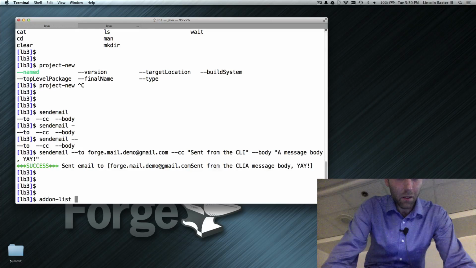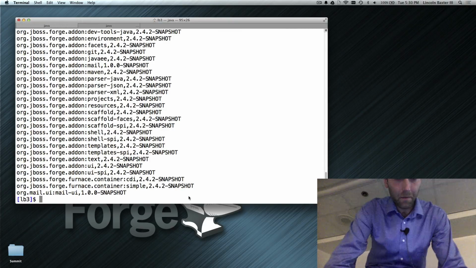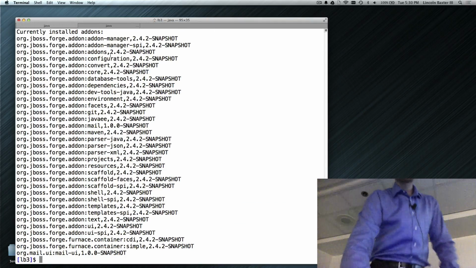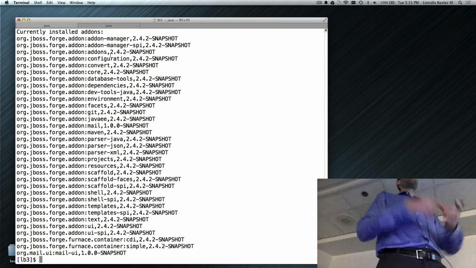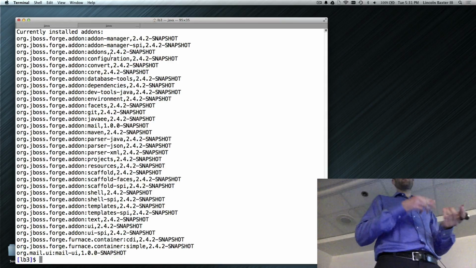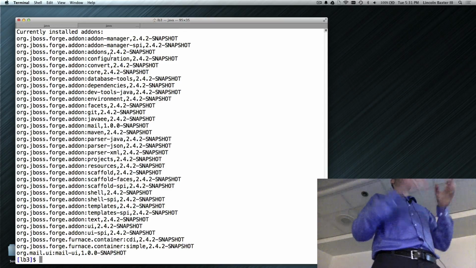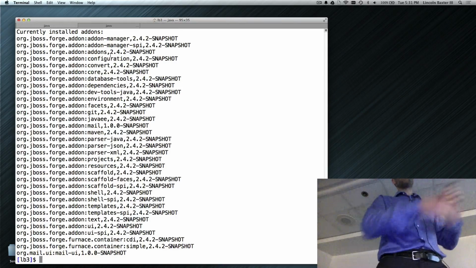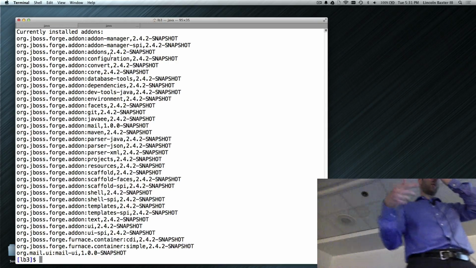Add-on list. So of the add-ons we've written, there's the add-on manager itself, a configuration add-on for storing persistent configuration. We have conversion APIs. We have database tools for actually connecting to a database and pulling information about tables and stuff, or connecting to it using